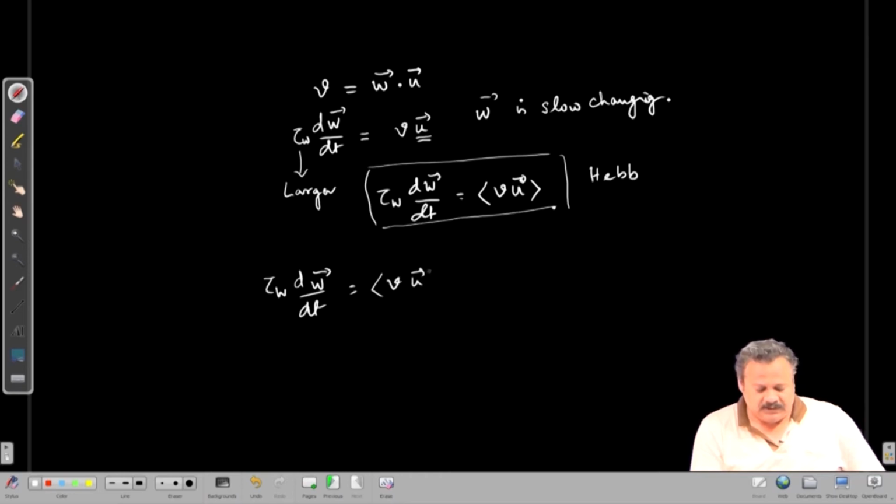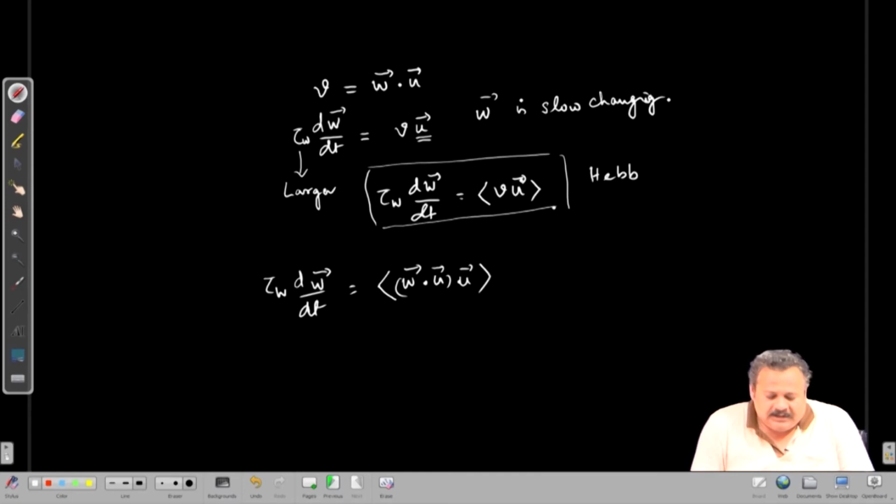The average of VU is, rather, we replace our V by W dot U and then U, and average of that. So, essentially here we have a vector W. Let us consider just one element of W, that is dW_b/dt, and that will be the average of